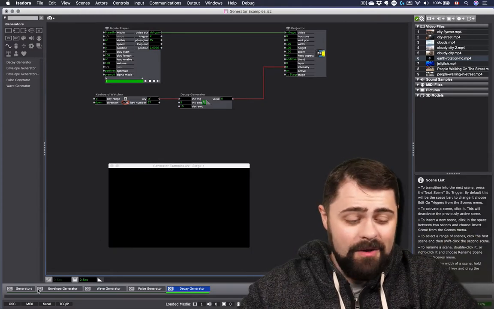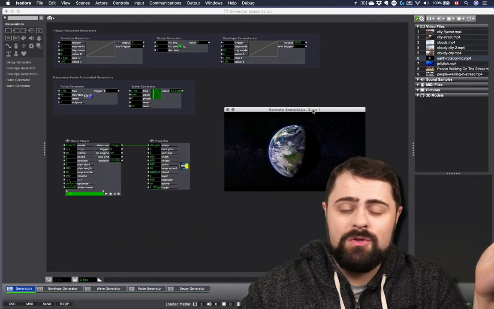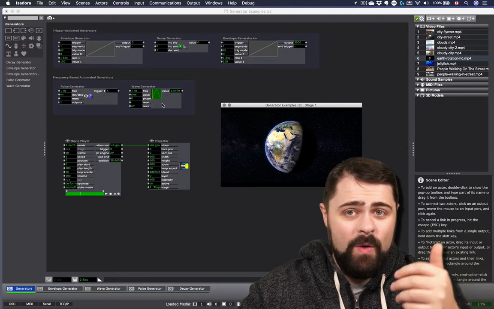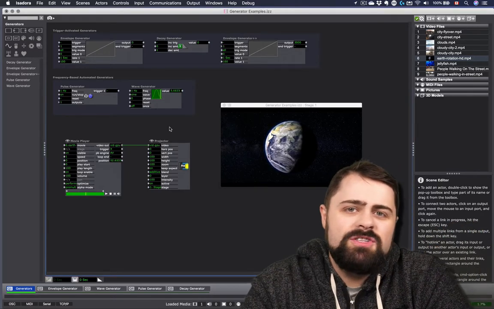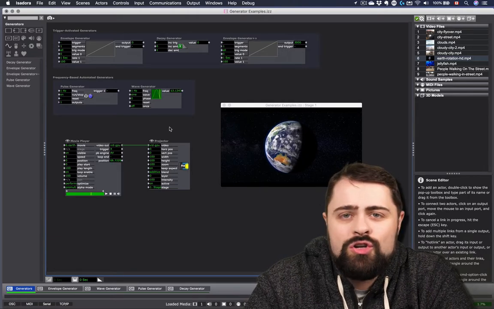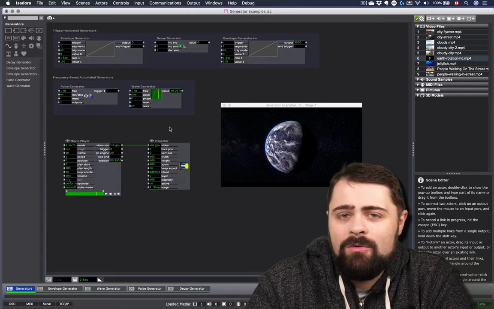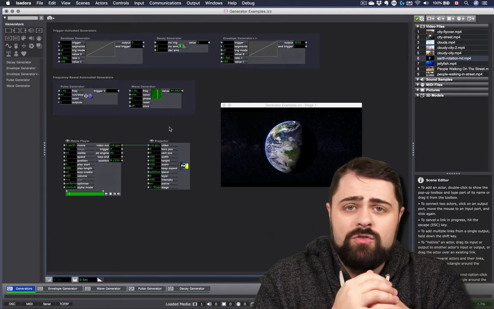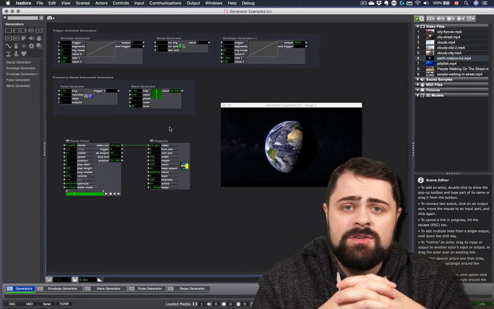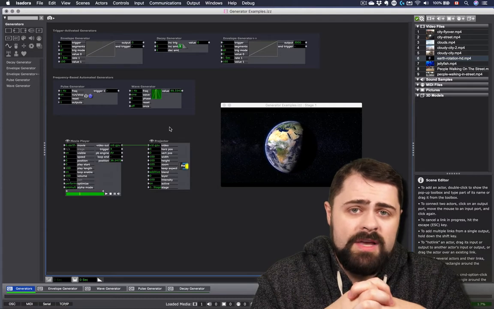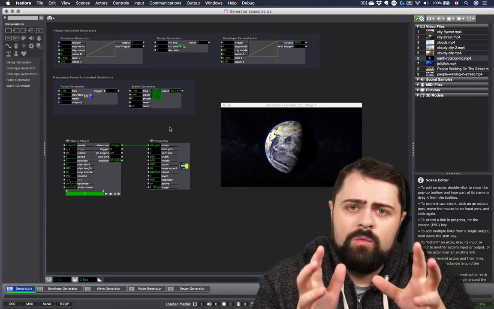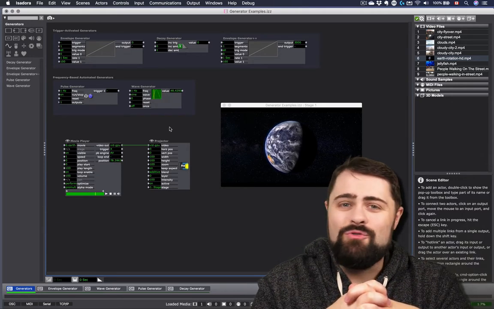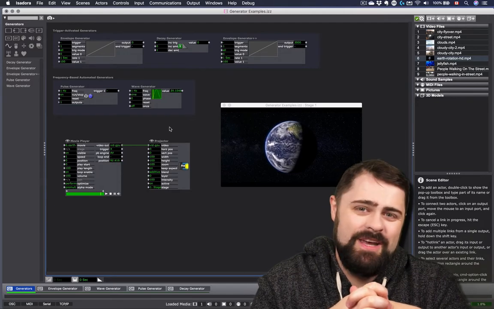All right, so those are Isadora's powerful generator actors: the envelope generator, the decay generator, pulse generator, and the wave generator. These actors invite experimentation, and I encourage you to spend a little bit of time now playing around with your various trigger actors, such as the keyboard watcher, other interactive control actors like the mouse watcher, these various generators, and review the material in the value scaling tutorial to really play around with the complexities that are possible here. It is possible to create, using these generators, an interactive Rube Goldberg machine in Isadora.